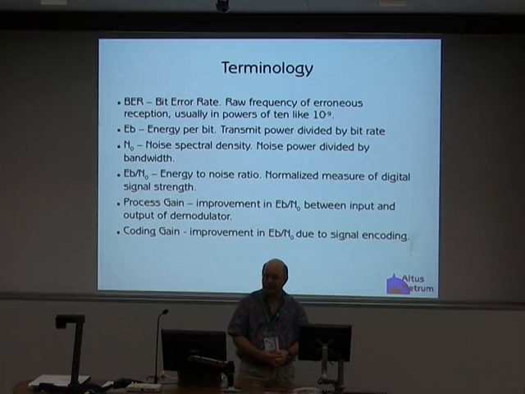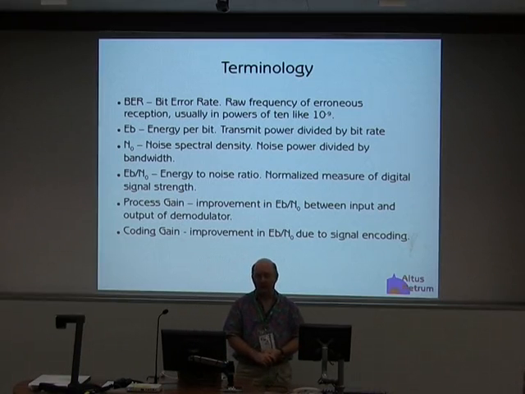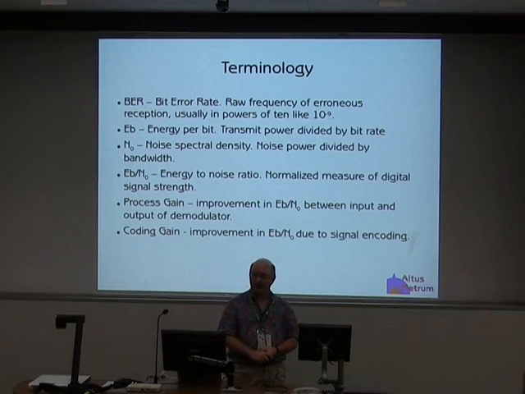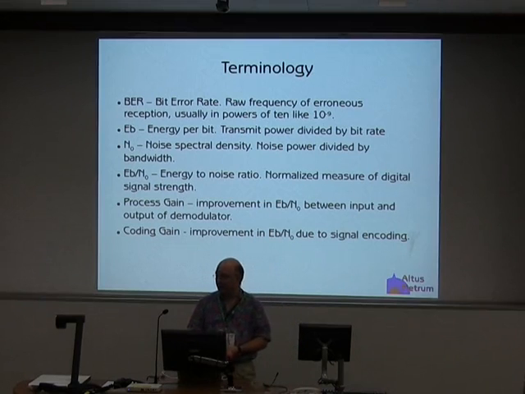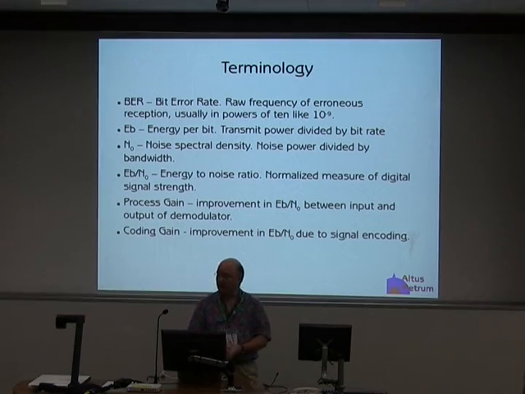There's a few important terms that I'm going to be coming across in my talk. BER, the bit error rate, is the raw frequency of bad data. Usually expressed in magnitudes like 10 to the minus 6th or 10 to the minus 10th bits of error. Uncoded systems that don't use forward error correction like to talk in terms of things like 10 to the minus 1, 10 to the minus 2 bit error rates, and that's why we don't use systems without error correction.